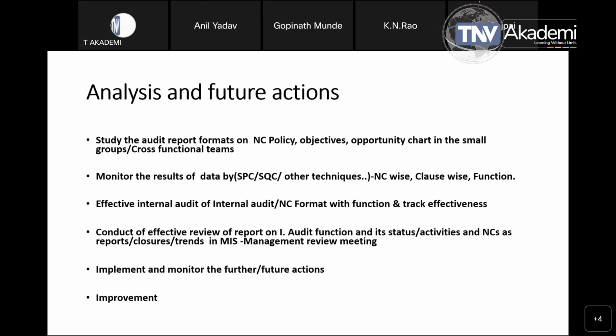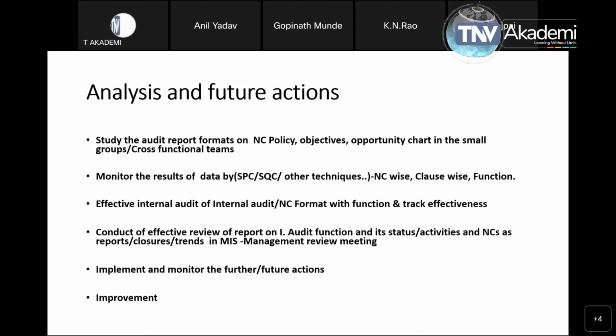This "somehow" is a very, very critical word, because in many situations first party, second party, third party auditors are all short of time. Why? Because they already have several other things to do. That's the fact of life. "Jaldi jaldi kar do," quickly complete the audit, is the keyword coming from the top managements in organizations. We hear it day in and day out, 24 hours. This is a keyword, and we are disturbed by it